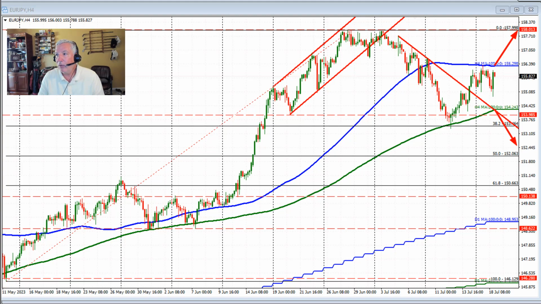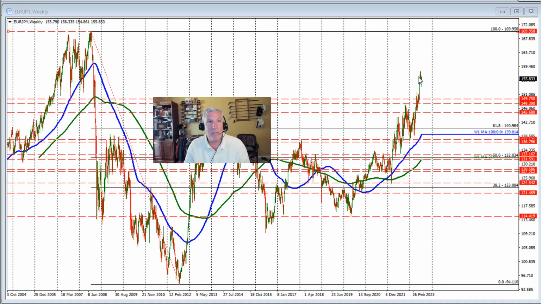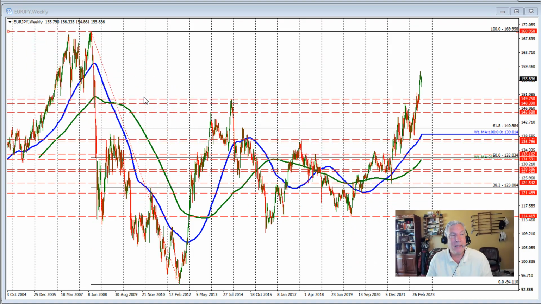Now, are there any clues further out for this currency pair? Well, what we know from the Euro versus Yen off the weekly chart here, and I know this is confined. Why is it confined? Because you have to go all the way back to 2008 to this area right through here to have levels that we've reached in trading this year. So it's been a long time since the price of the Euro Yen has been this high,